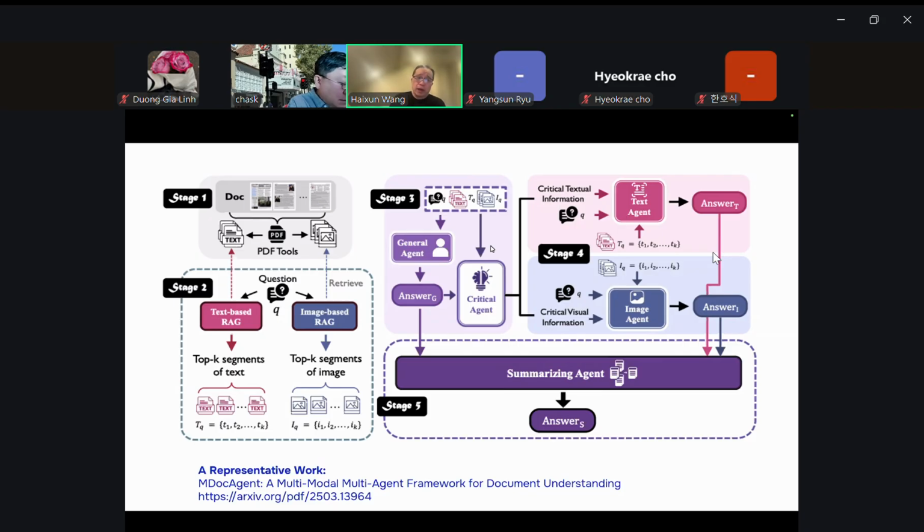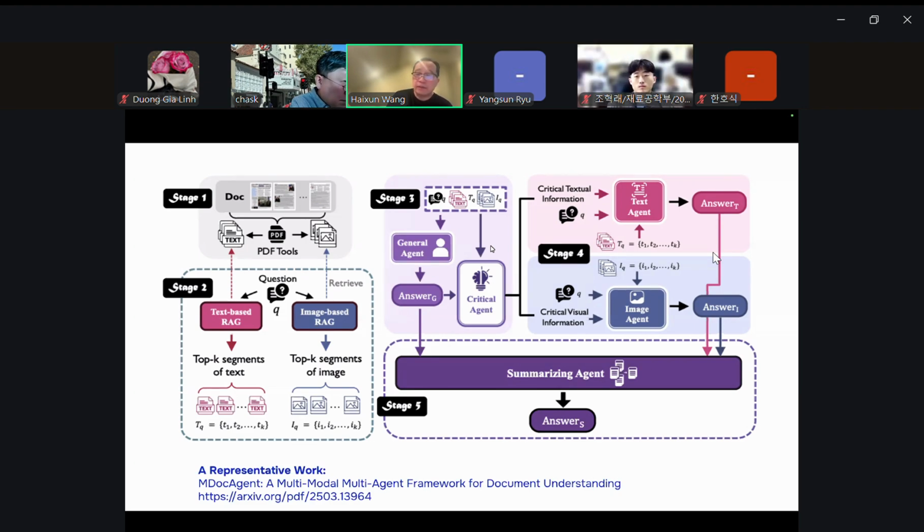But we can take a look at what exactly it does. It segments these documents, like this is stage one, right? It segments this document into text and also images. And they put these text chunks and the images into this RAG.